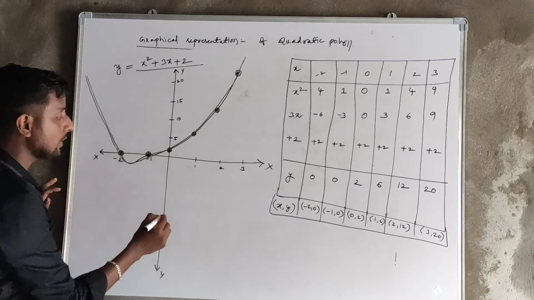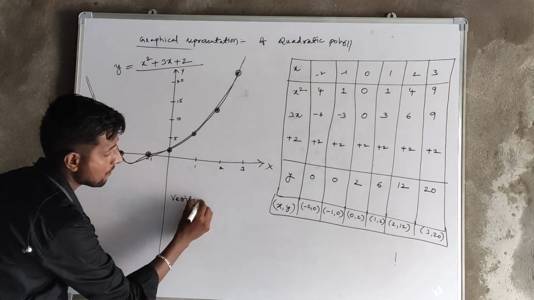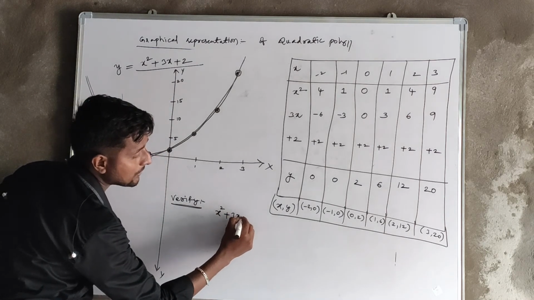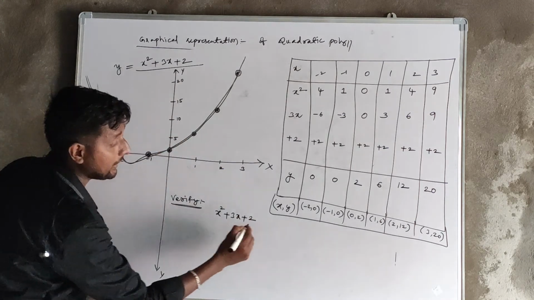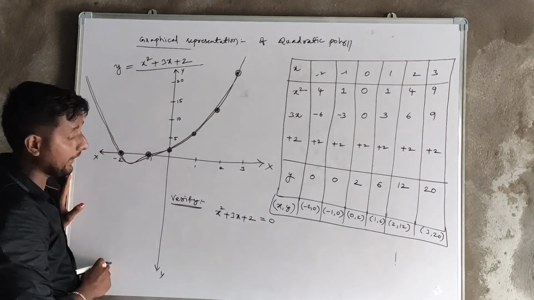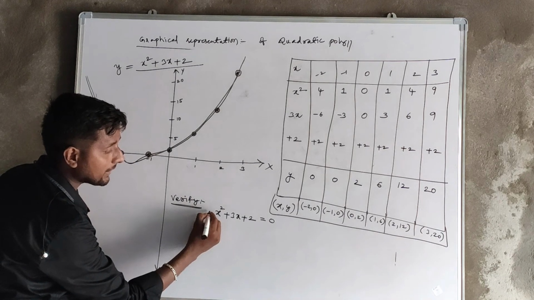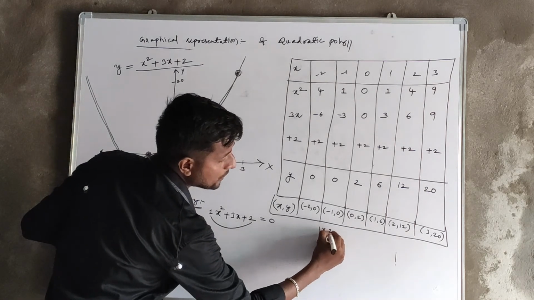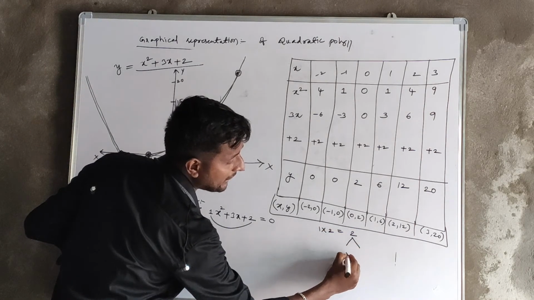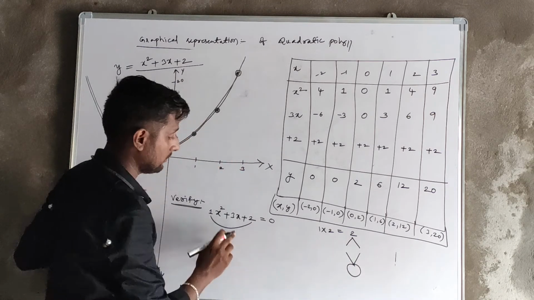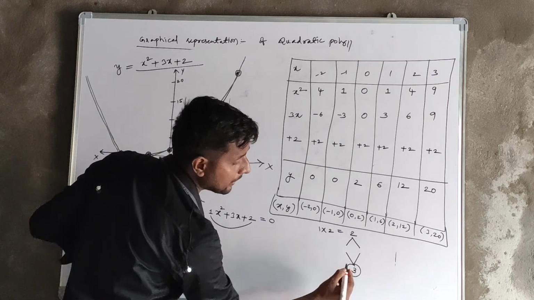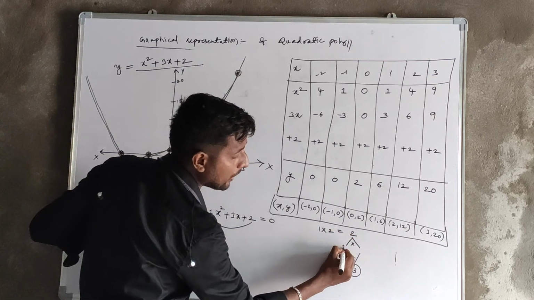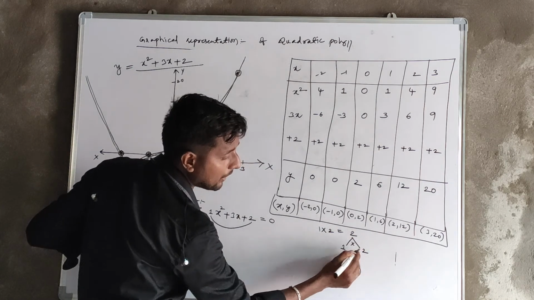And to verify the zeros, now we'll factorize x square plus 3x plus 2, and we are talking about zeros, am I right? So we'll write it equal to 0. Correct? Now the x square coefficient here is nothing, so we'll write a 1. So we'll multiply the first and last: 1 twos are 2. Now we need the factors of 2 and we should get the middle term. What is the middle term? 3. If you add, we should get 3. If you multiply, you should get 2. So I can take 1 and 2: 1 twos are 2, 1 plus 2 is 3.